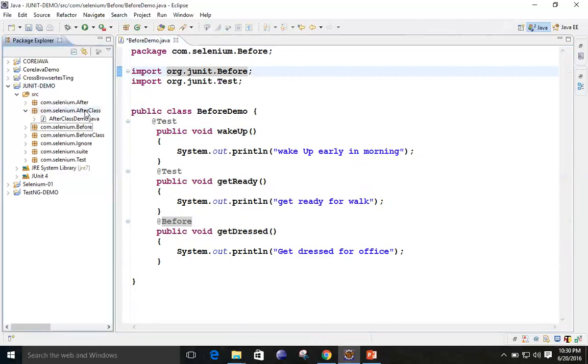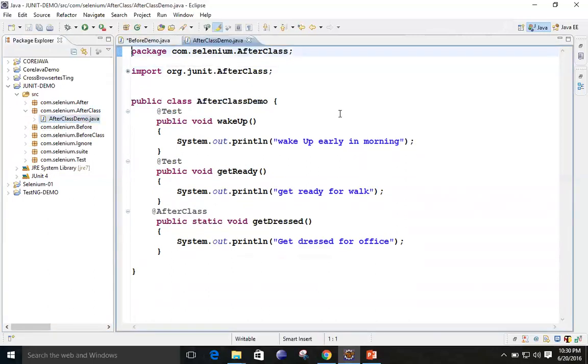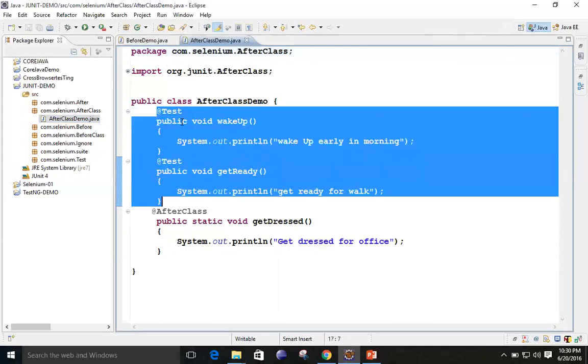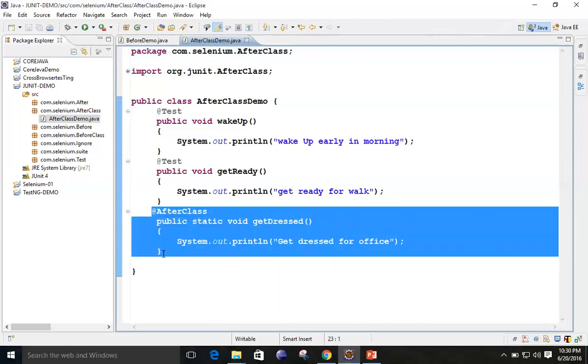You can see this is the AfterClass. So simply double click on this class name, whatever I have written. See here, the method names are the same: wake up, get ready, get dressed. These two are the normal tests, and the third one is AfterClass.